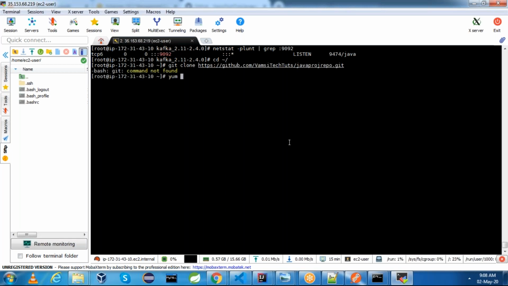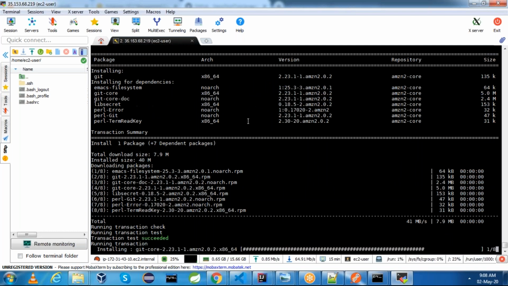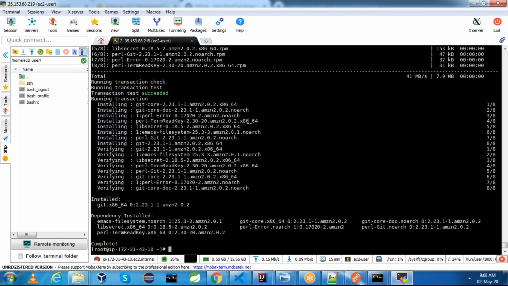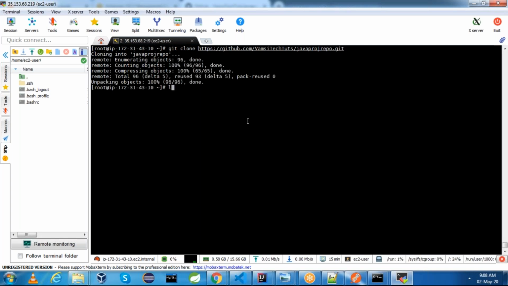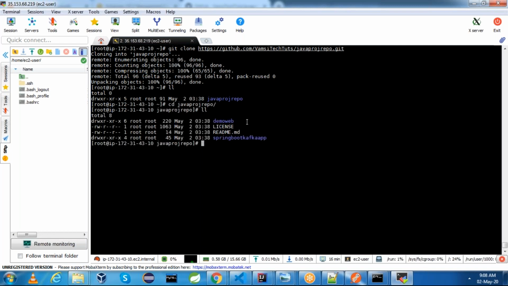Git is not there. Let me install git as well. This is git. Git is installed. Now you can execute git clone command. Now we have the Java repository. Go into the Java project repo, and now what you can do is, here